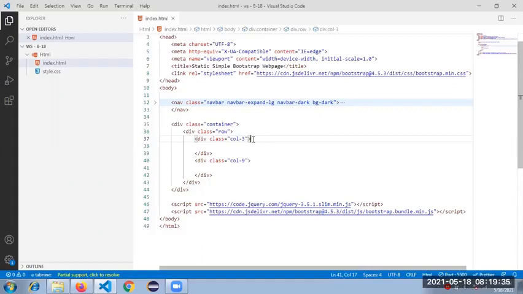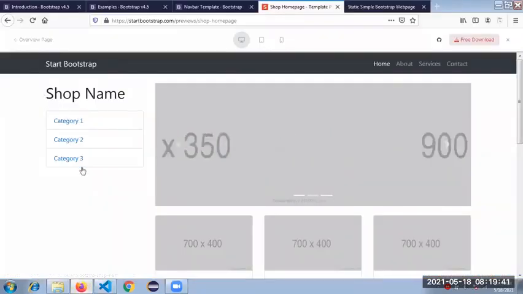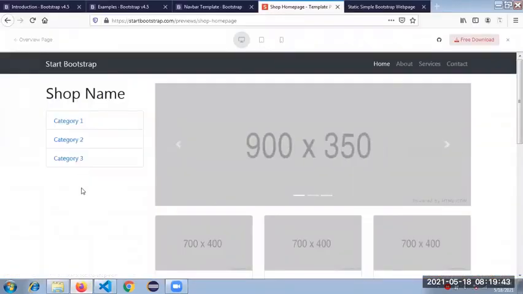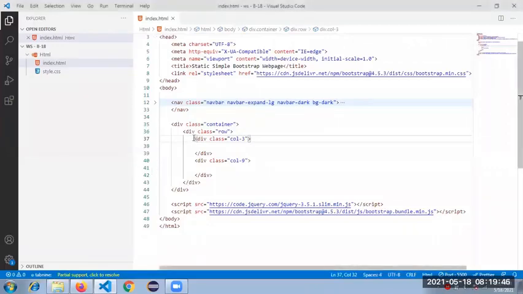If this category element, this one, has to be covered in all the devices, can anyone tell how you will do this? How will you give the class definition? Are you getting my question? I'm asking about making this div responsive. How will you define it here?